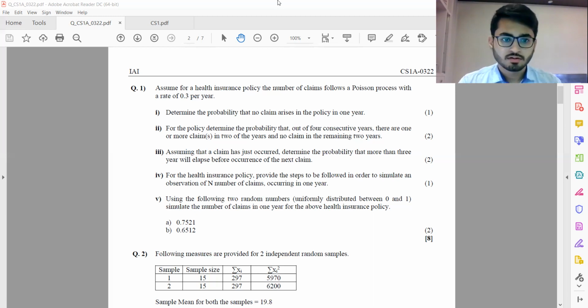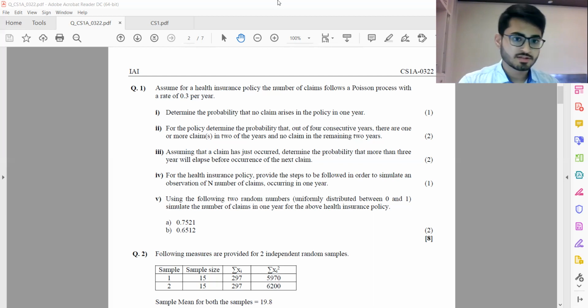Starting with this, the first comment regarding the CS1 paper, I would say it was a good paper. Certain questions were pretty straightforward. Certain questions were slightly challenging and would have forced students to think a bit more about how to go about them. But overall, keeping in mind that the pass mark as of now is 50, it's very easy to score 50, and well prepared candidates should have been able to attempt close to 90 to 100 marks of the paper